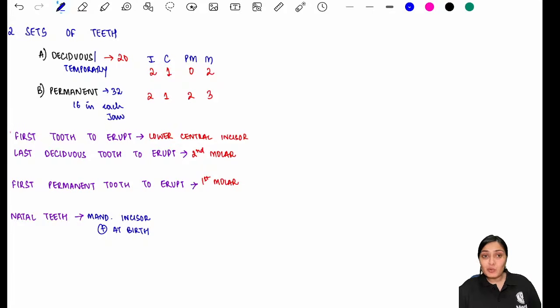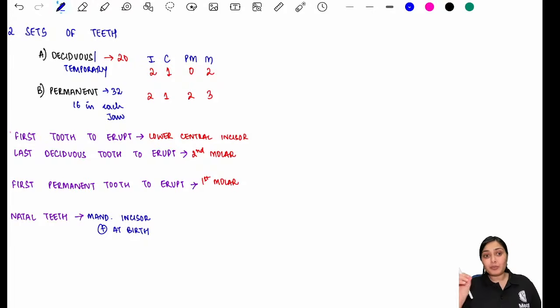So we all know we have two sets of teeth. We have temporary teeth, also known as deciduous teeth, which are going to be shed, and then come the permanent teeth. So deciduous or temporary teeth are 20 in number. In each half, we make this dental formula: 2102, that is 2 incisors, 1 canine, 0 premolars, 2 molars. Then we have permanent teeth, that will be 16 in each jaw, 2123: 2 incisors, 1 canine, 2 premolars, 3 molars. So the first tooth to erupt is the lower central incisor at 6 months of age,